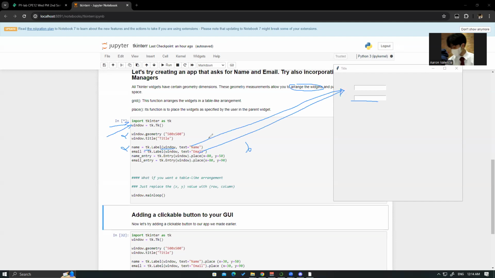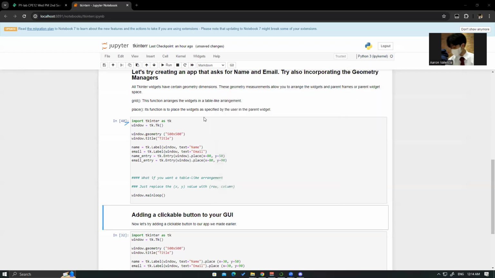So it is important to use dot place so that these two here can be added in the application, since label only adds a single line in the application. So let's bring back the dot place.